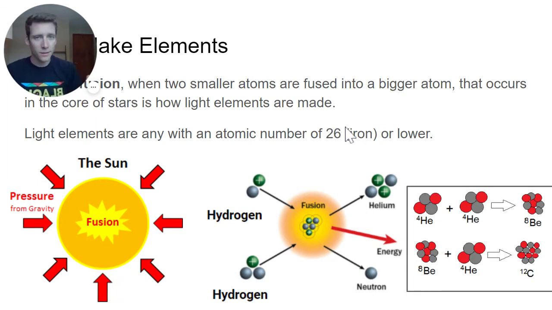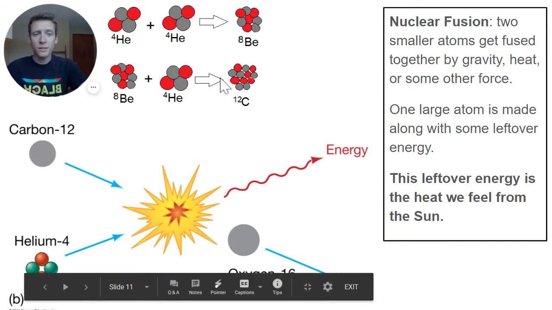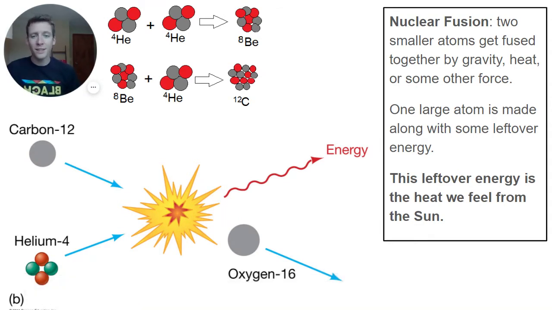The reason for this, a little complicated, but in simple terms, when you get to a star core that has iron in it, that core is going to become unstable. And that will cause a star to become a supernova, which is a huge explosion. So we cannot have elements heavier than that in the core of a star, or it becomes unstable. So stars, through this process of nuclear fusion, they create light elements like oxygen, carbon, helium, anything with an atomic number of 26 or less on the periodic table.